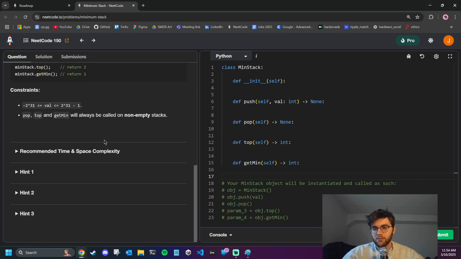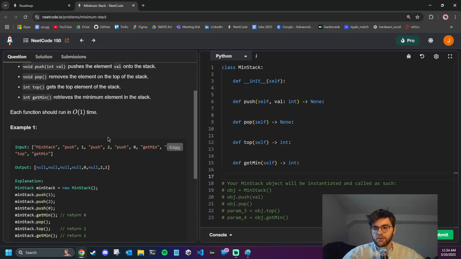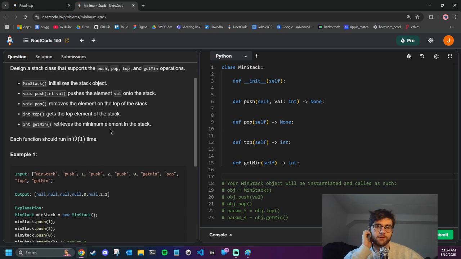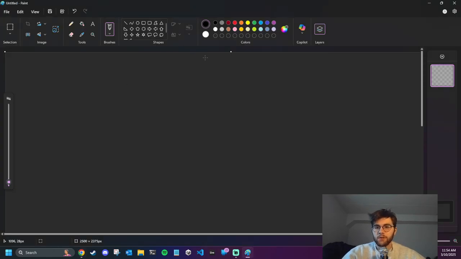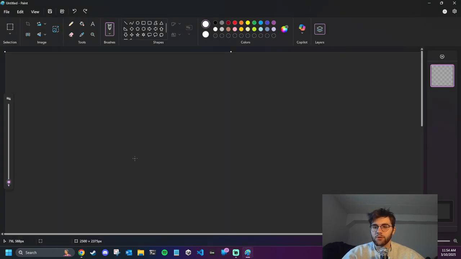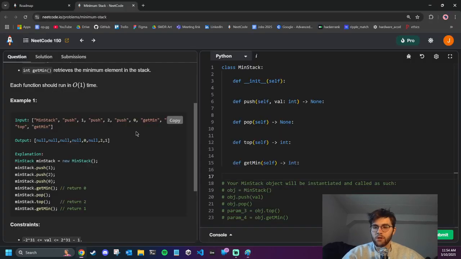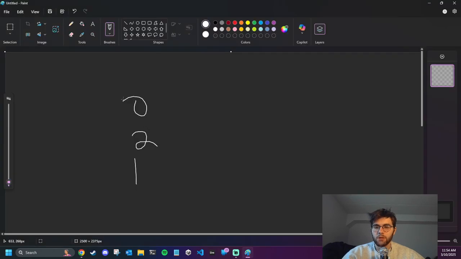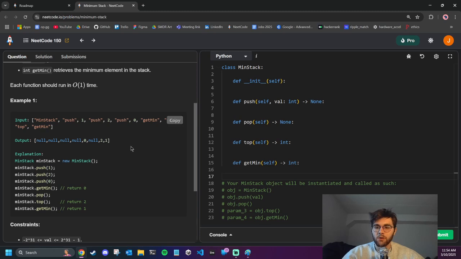To be honest, I don't know exactly how this is going to work. So let's just look at it from a human perspective. If we push 1, 2, and 0, and then we call get min twice, we'd want to return